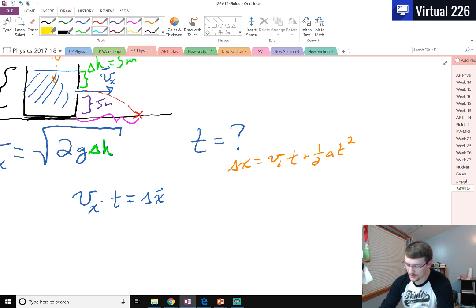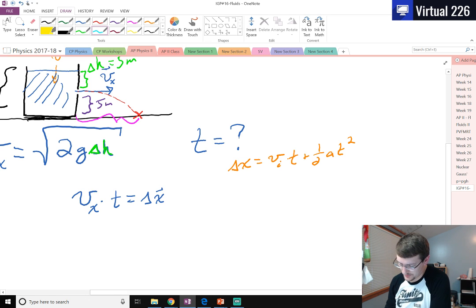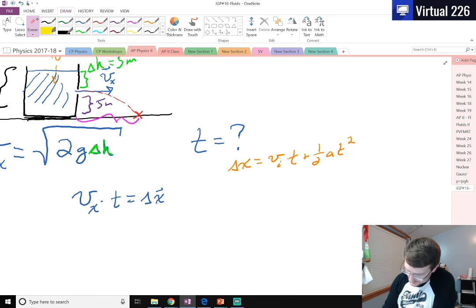We also know here that if we're talking about how long this object is in the air, how long it takes to fall down, we're looking at the y direction. We're looking at up and down, okay? So while I wrote this out for the standard kinematic way, talking about the x direction, really this equation more closely resembles, if I wanted to write it out,